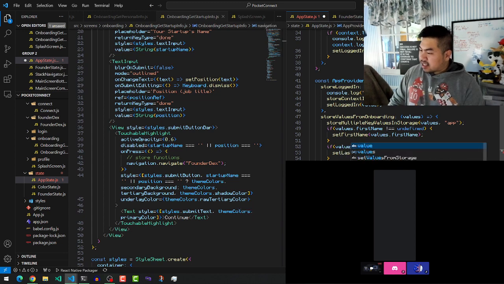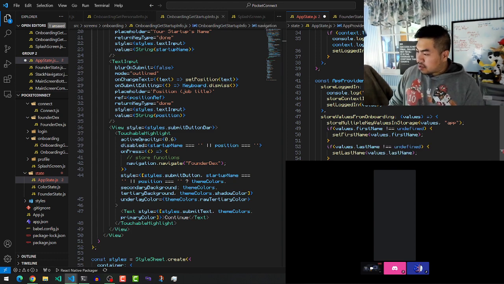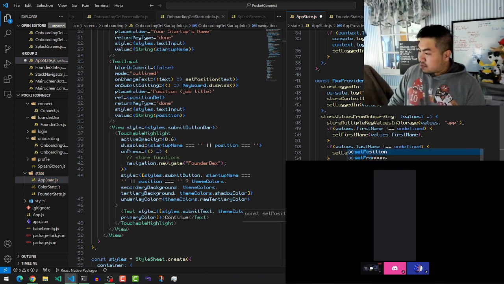If not else, because I don't want the first thing to do it, but values dot position not equal to undefined, then we're gonna do set position to